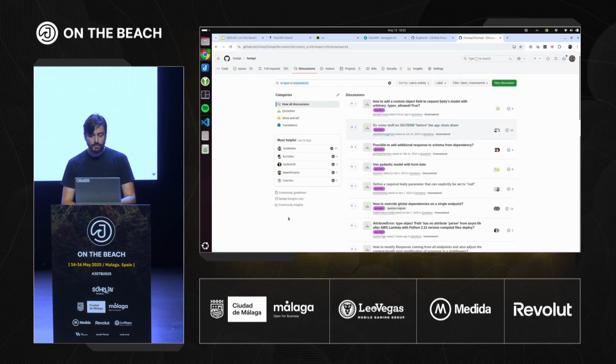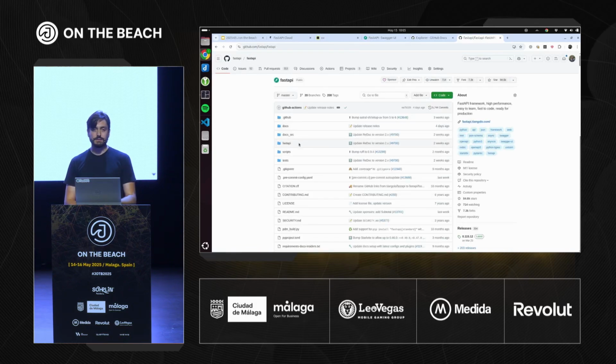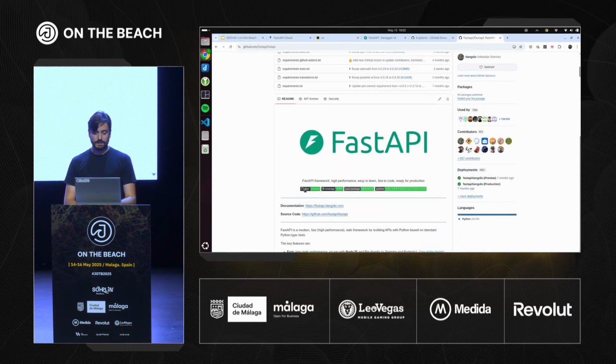But there's no information here of how many are we missing to answer. You know, how many have we not given some response? So this is what we want to have. We want to have a badge showing how many questions are still there to be answered, to be able to put that badge here. This is what we are doing.